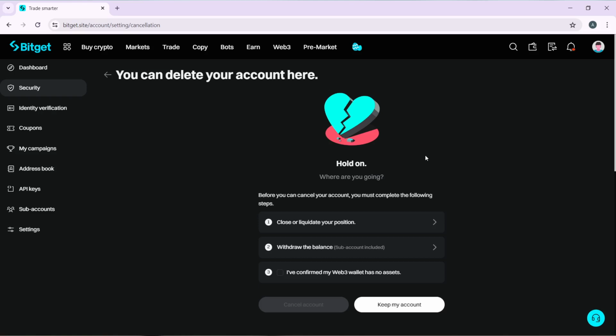One, you have to close or liquidate your positions, which is very necessary. The next thing is you have to withdraw your balance, including the balance in your sub-account. And then you have to confirm that your Web3 wallet has no assets. After you've done step one and step two, go ahead and confirm. Once you click on confirm, you see that it has no wallet. Now you can choose cancel account, or you can choose keep my wallet. Once you click on cancel account,